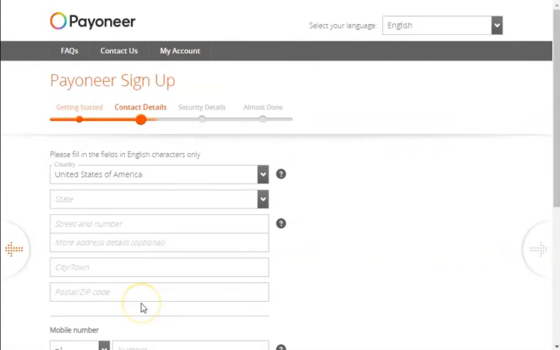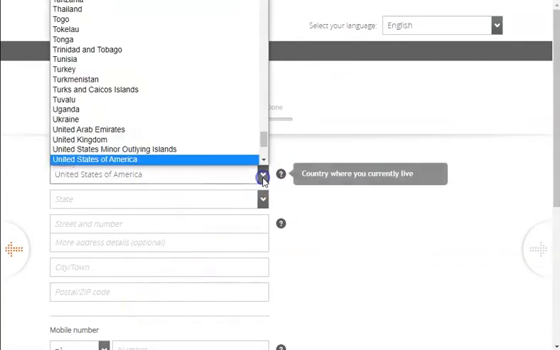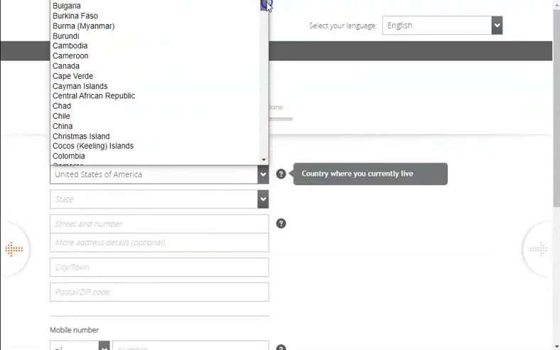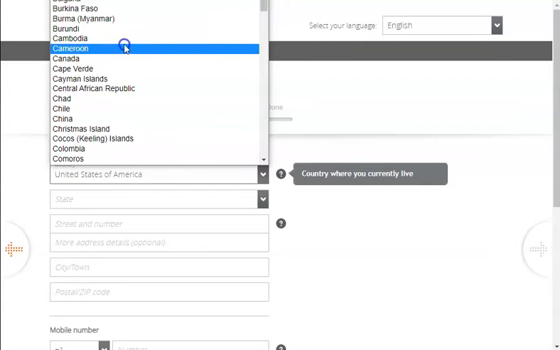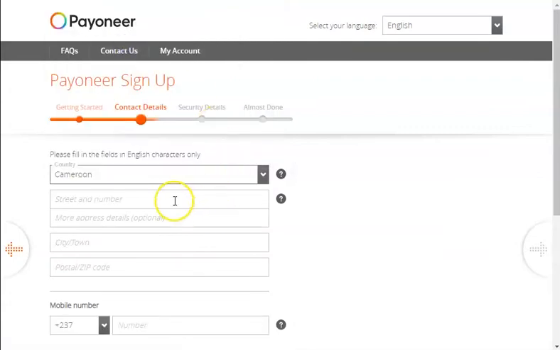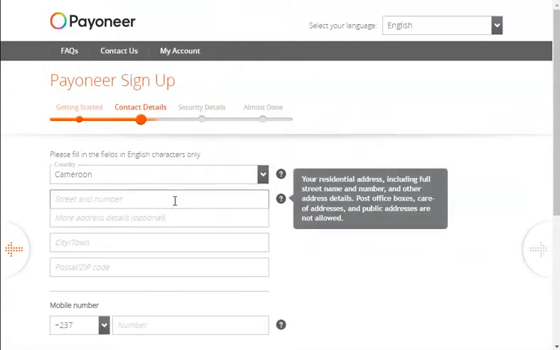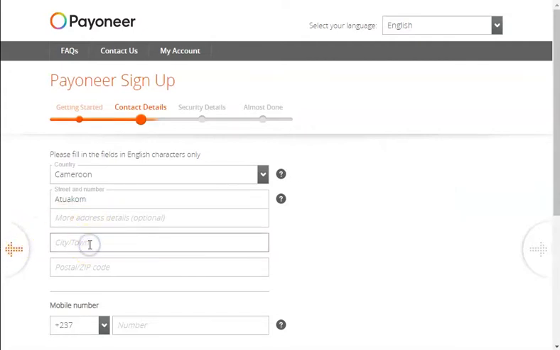So it's going to take you to the next step, which is now asking for your contact details. So here you're going to choose your country. I'm going to choose Cameroon because that's where I'm registering this account from. Street number is just to put where you live. So I'm just going to write where I live in Cameroon, and I'm just going to write the city